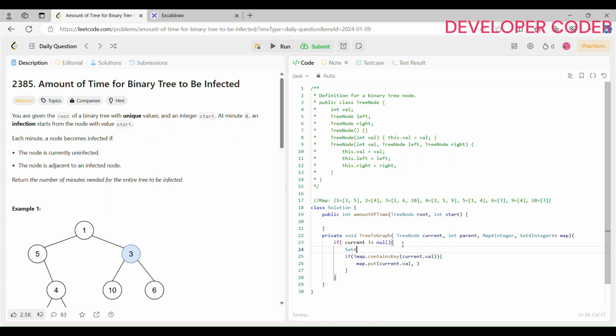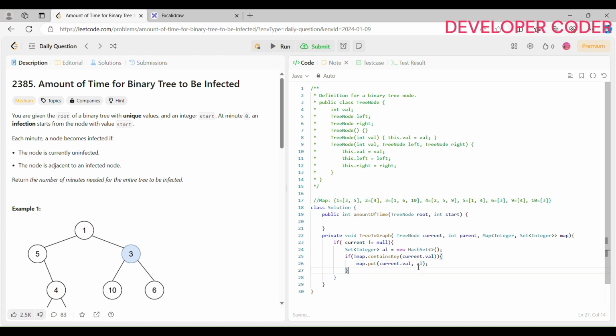We are going to create one adjacency list, so let's name it as AL. Okay, set of integer AL is equal to new hash set. Now in this map, I am first passing this key if it is not there, that is current dot value, and then I am passing our hash set, this adjacency list. Okay, now after that, once it is done,